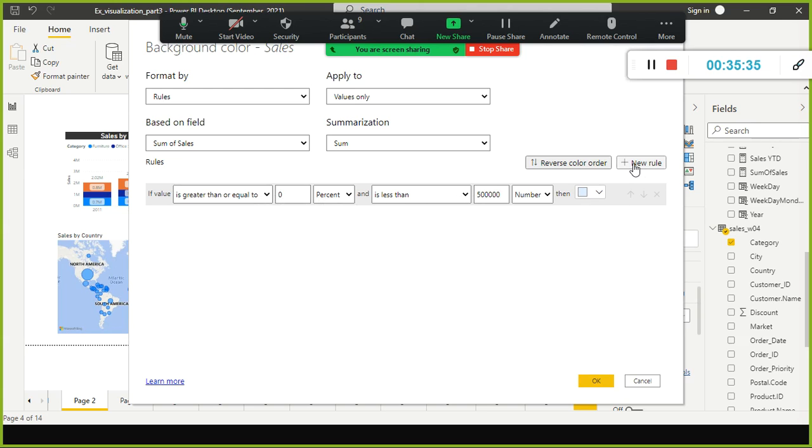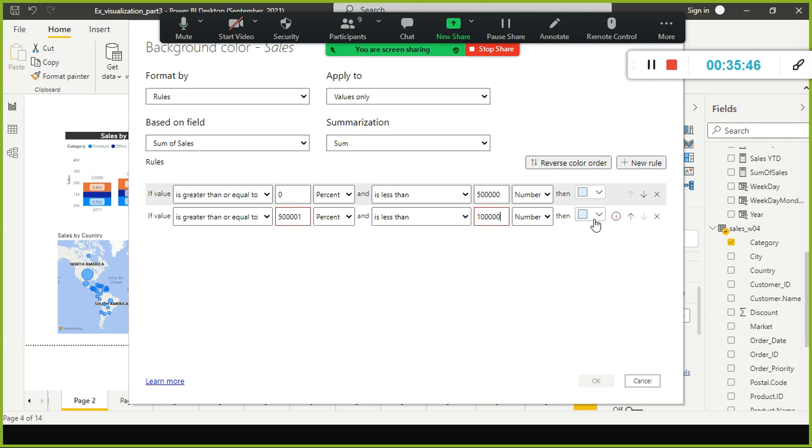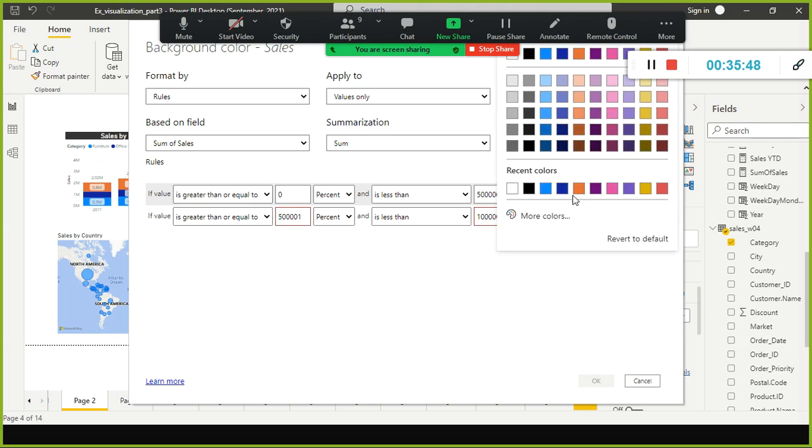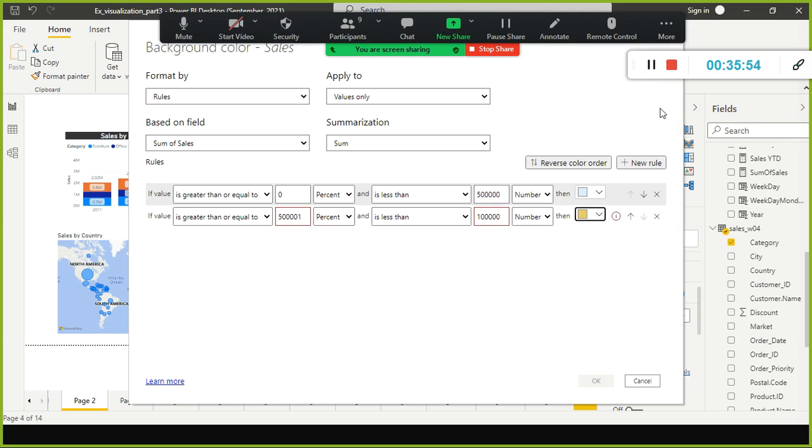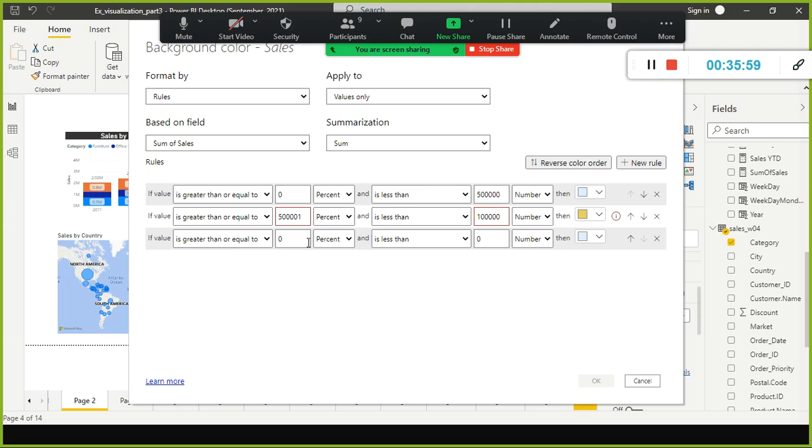Okay, I'm going to make a mistake now. Now 5 lakh 1. So anything between 10 lakhs, use some other color, like this amber color, something like that. And next, new rule here.